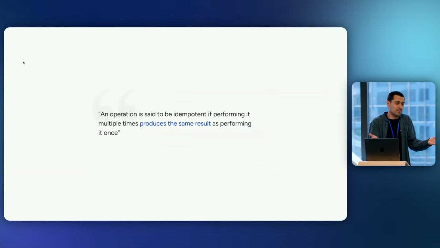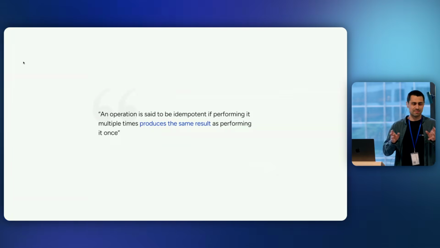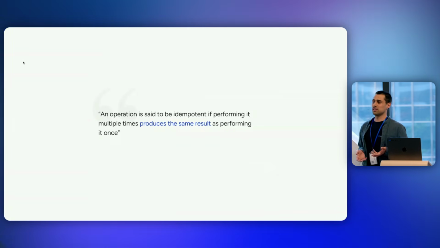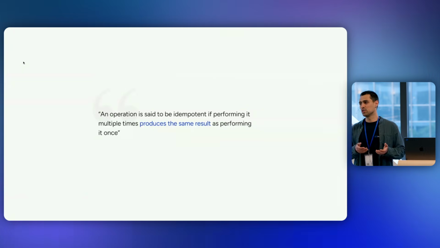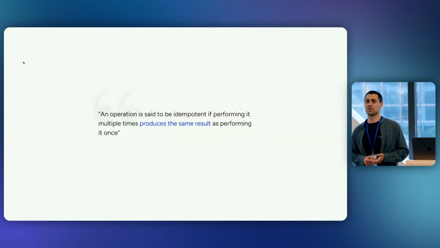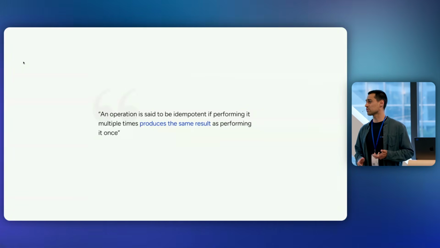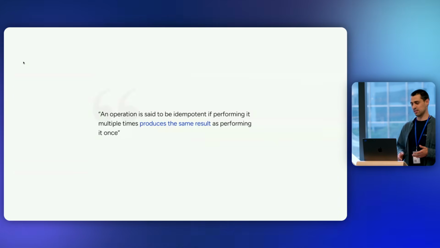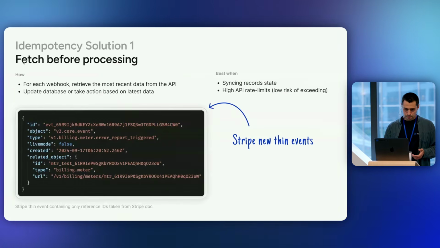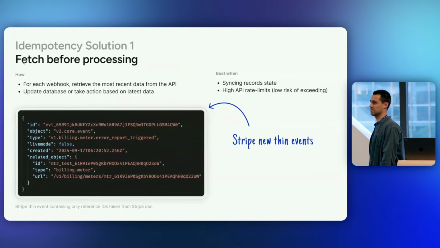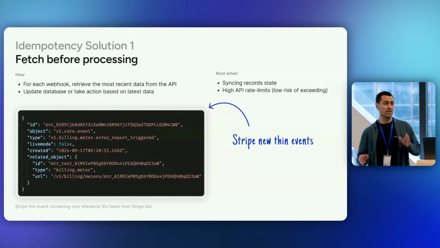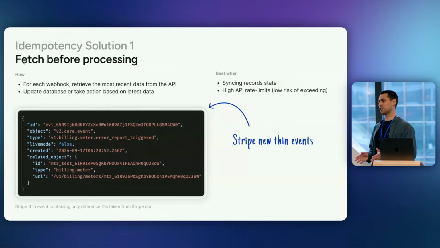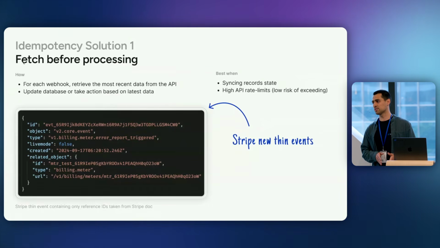Except if you don't care that it happens multiple times, but I guess you could define that as idempotent in some ways. But assuming there is some consequence, like you're sending an email to a customer, well, you don't want to do that twice. Or if you're processing a transaction and you're refunding the customer twice, right? That sort of stuff can't happen. And you don't get to decide whether or not it can happen. You need to design around that consideration. So I'm going to share three ways to deal with idempotency. I can't cover all the strategies, and no one strategy fits every use case. You have to mix and match depending on the specific design criteria for your application.